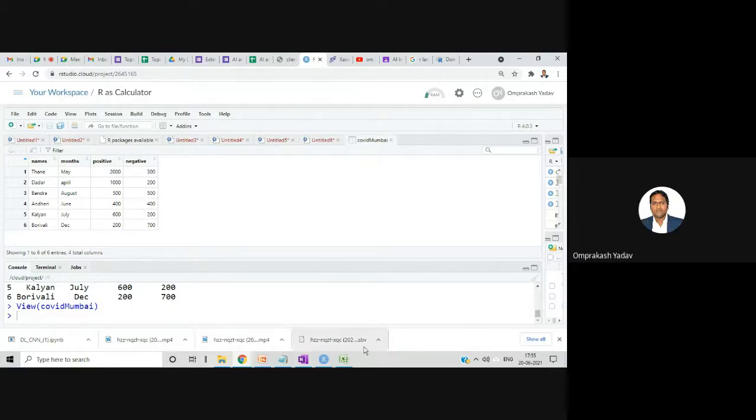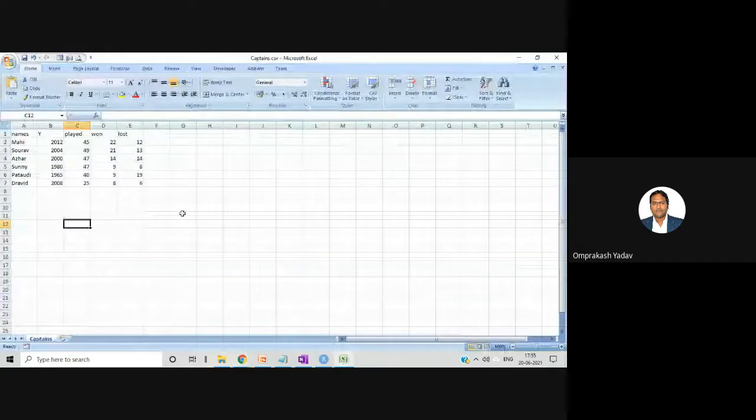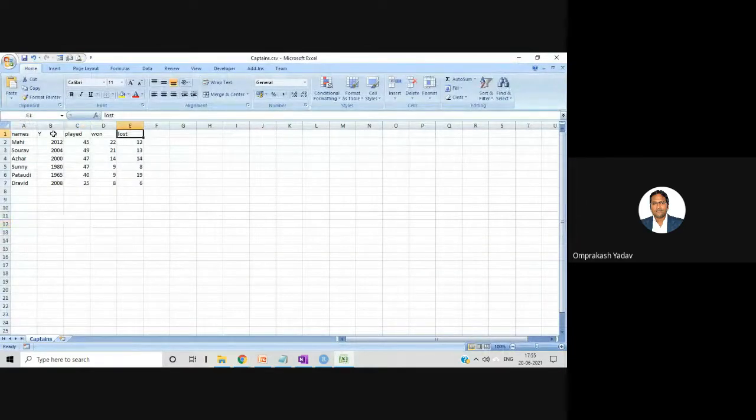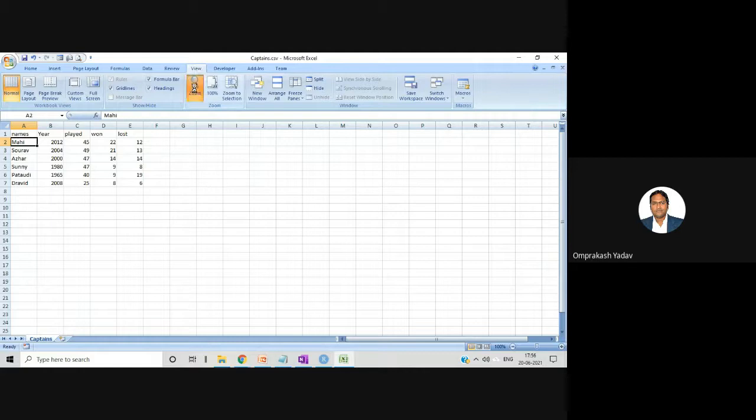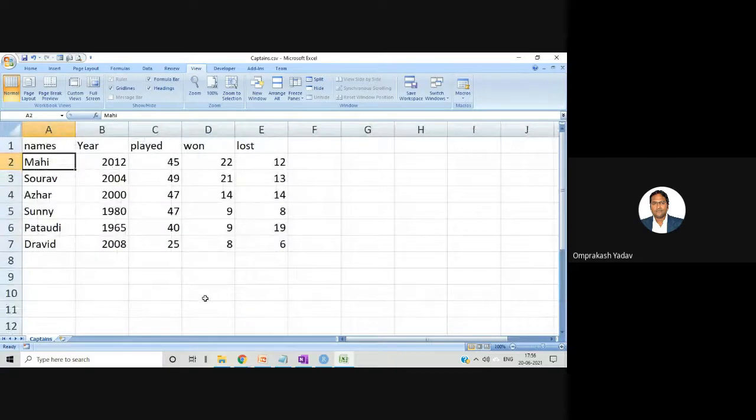Now we have 5 minutes, so I'm giving different columns: names, year, played, won and lost. Make the captions a little larger. Can you see now?